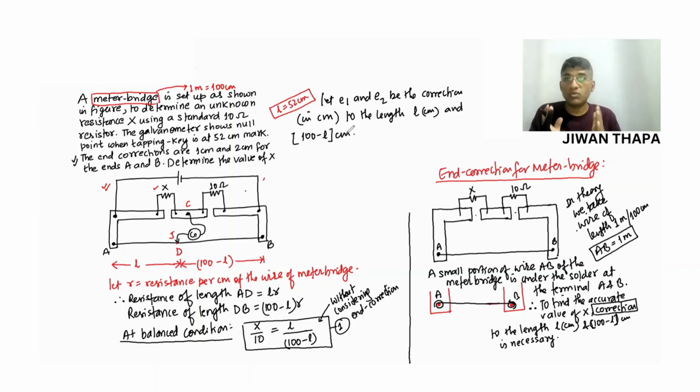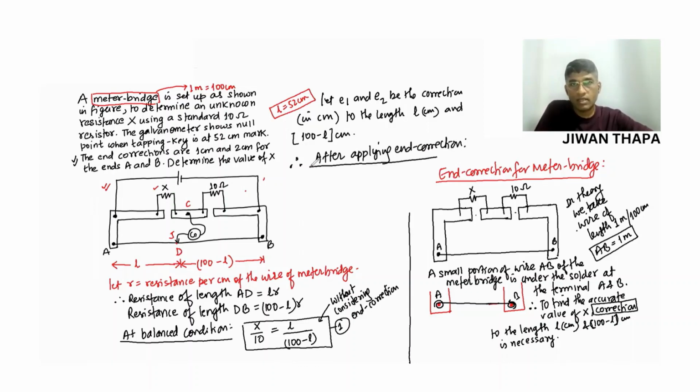So we need to do correction to the length L and 100 minus L. Therefore, we can write, after applying end correction, equation 1 becomes